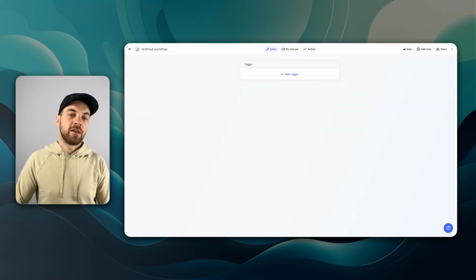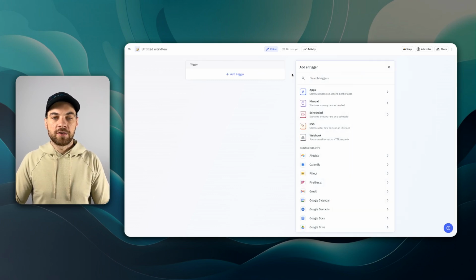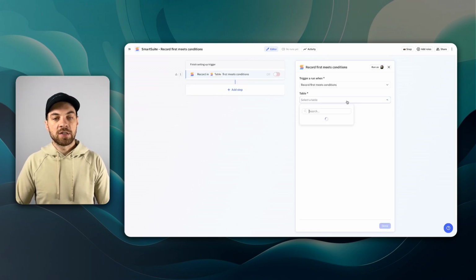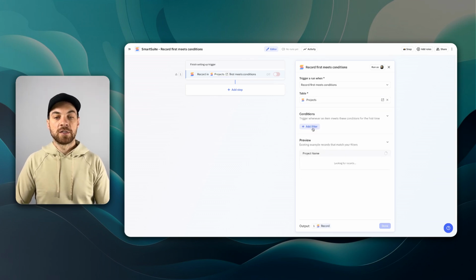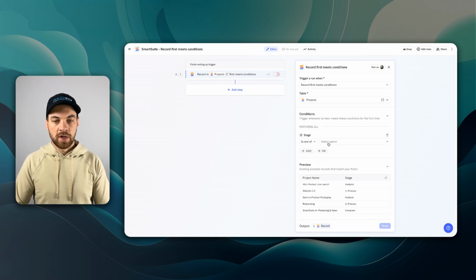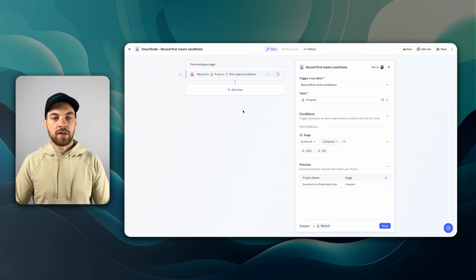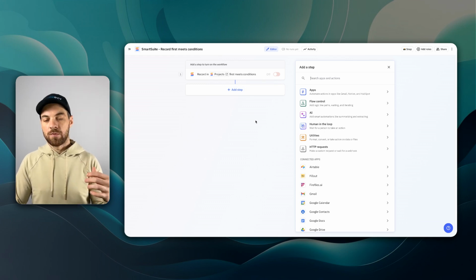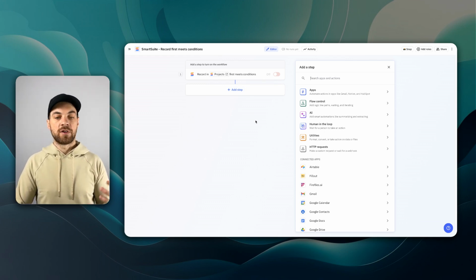So going back into Relay, we're going to add a trigger. We're going to look at our SmartSuite app, and we're going to do when a record first meets a condition. Again, we're going to have to go find our projects table, select projects, and the filter is going to be the stage when it is equal to complete, which it's found that record there for us. And now we can go in and add a step, whether we want to use the Slack for internal members